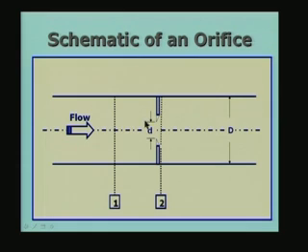I have identified an obstruction which is called the variable area device, has an obstruction which is in the form of an orifice with smaller diameter d, this d is less than capital D. So, the smallest area as far as physical area in this case is capital D represents the area in the pipe and small d represents the orifice, the corresponding to D, the corresponding area will be the orifice area. And what we have done is deliberately we have introduced a area change here by introducing a small plate with a hole in it.